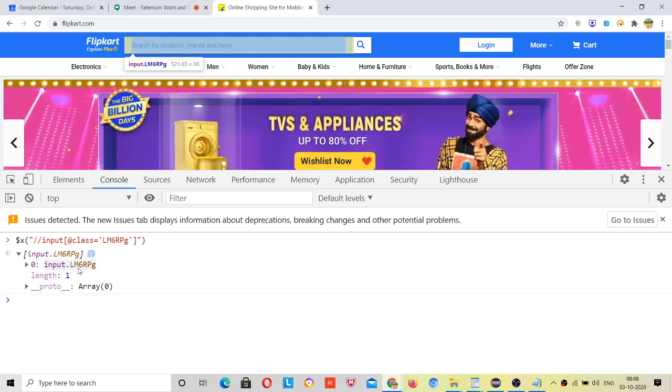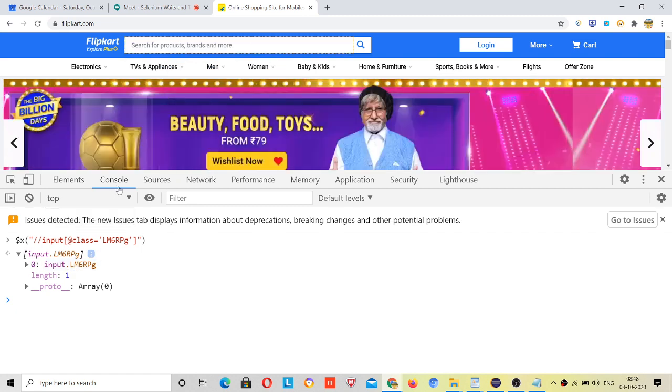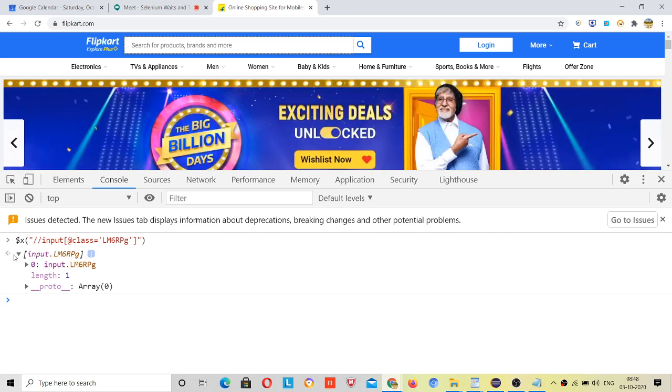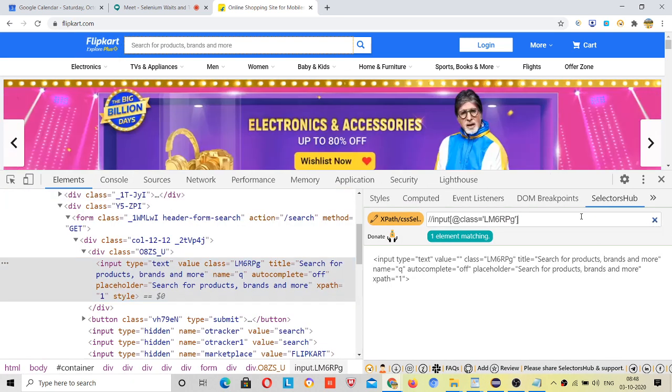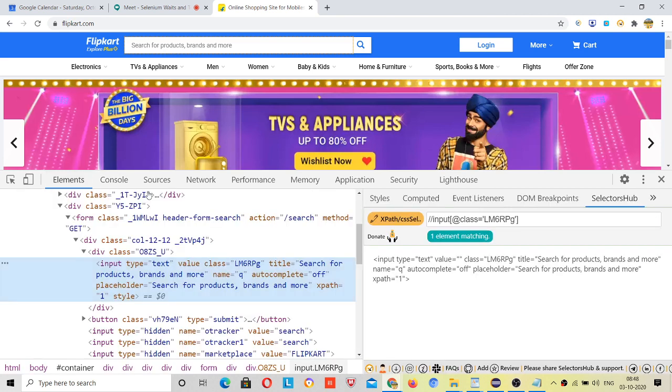See, if I am putting my mouse over here, then it is highlighting this. So also we verified with this console, right? So it's not compulsory every time that you use this plugin, right? Because plugin maybe have some updates tomorrow and some defects, but this Google console will be stable all the time.